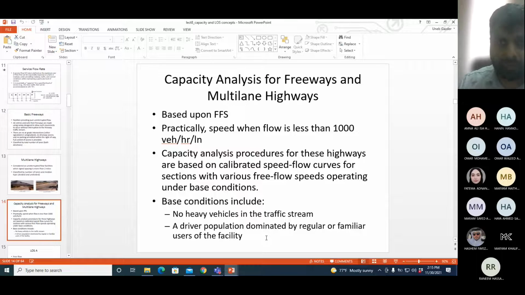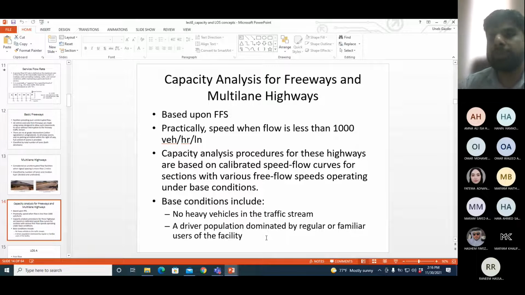Now, for calculation of free flow speed, you can measure the free flow speed on the road, right? Like you have done for your term project. In your term project, in the second submission, I asked you to calculate the speed on the roads and calculate the mean, and that mean becomes your free flow speed. So free flow speed on most of the roads, the minimum